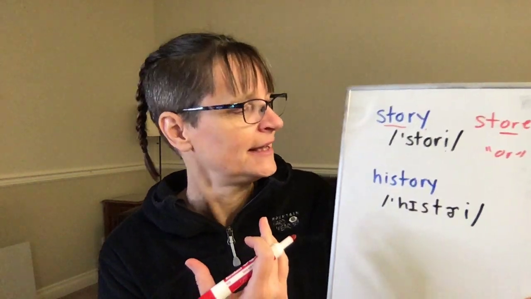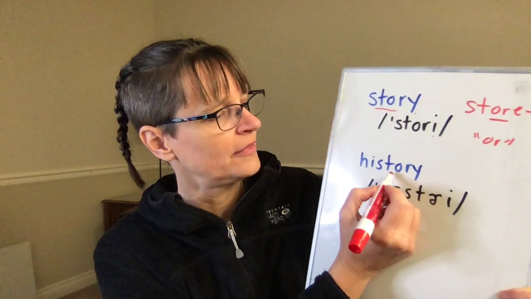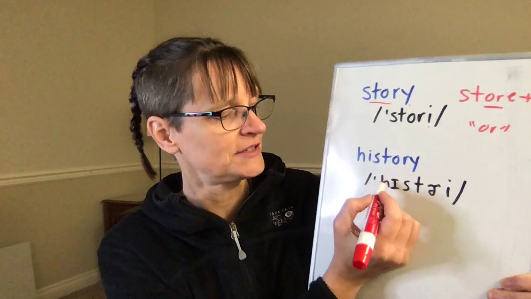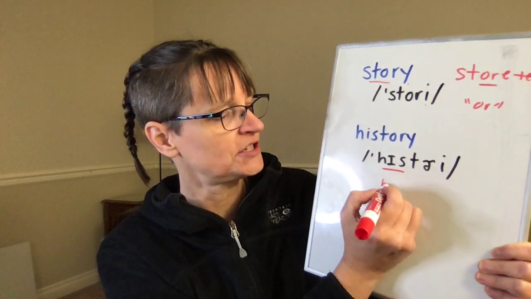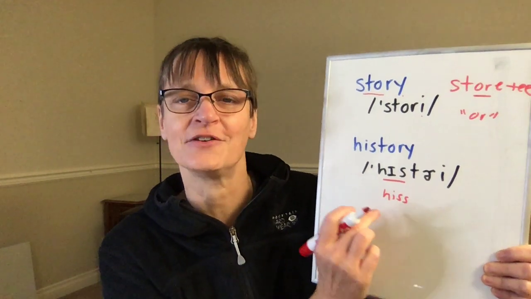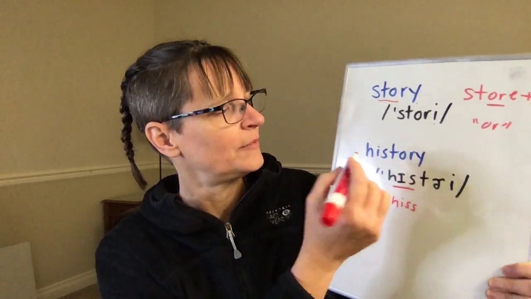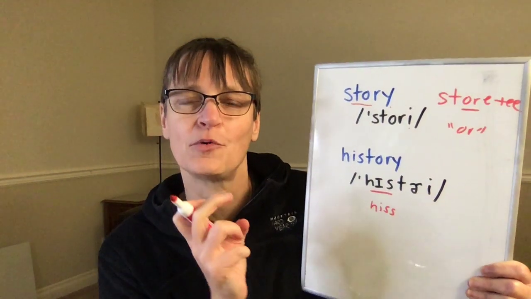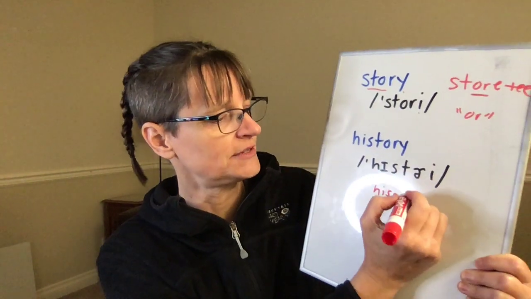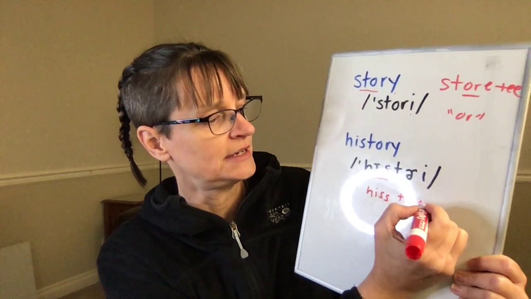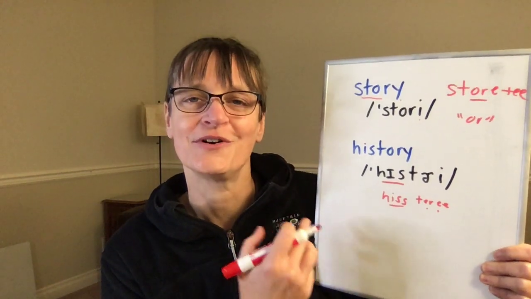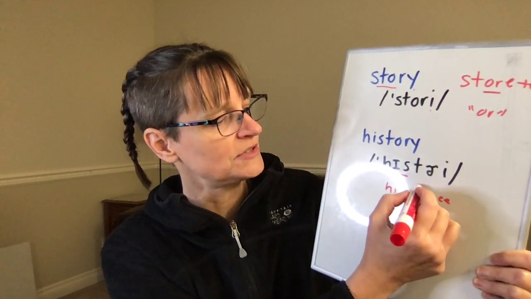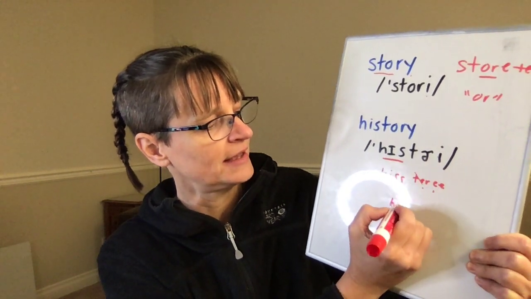Then the difference when we look at history is that the letters OR are no longer stressed. This has first syllable stress, and the stress is on the hiss part. So it just sounds like the word hiss with an S sound, history. And then that OR becomes more of just an ER sound. So history, long, short, history. We also, in the word history, sometimes reduce this even further to just becoming history,